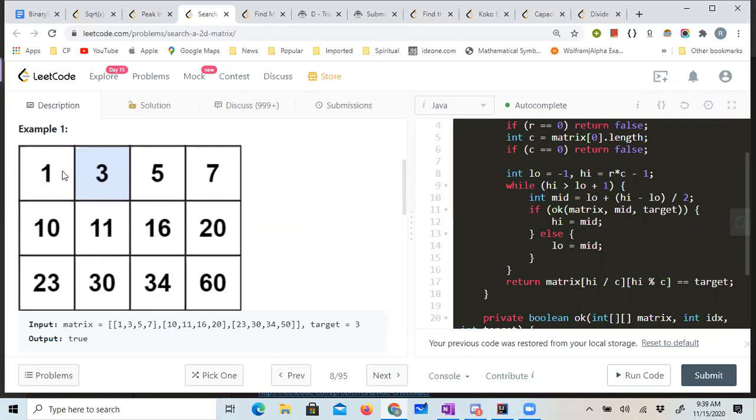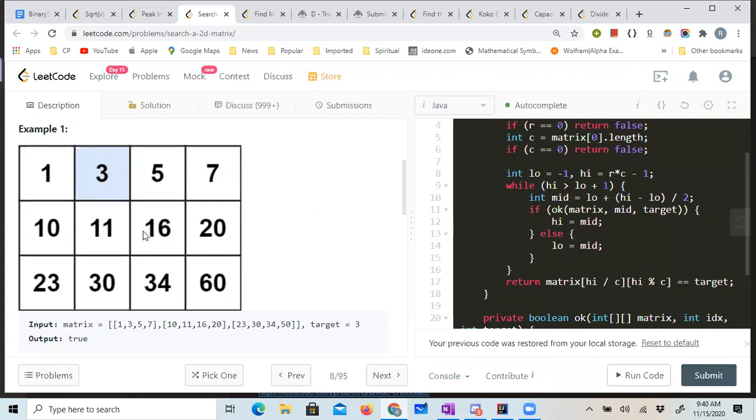If I give you index 7, can you uniquely figure out that it is in row number 1 and column number 3, because I'm looking at it 0-based,